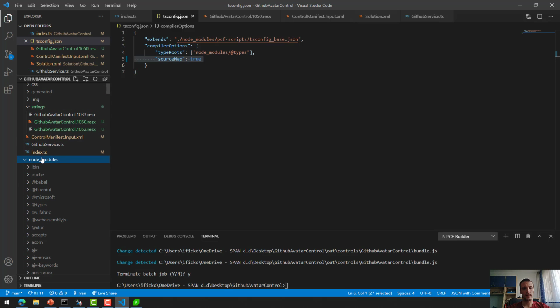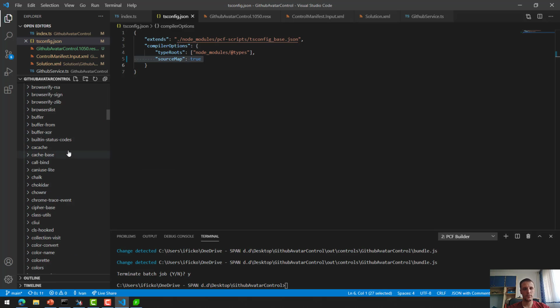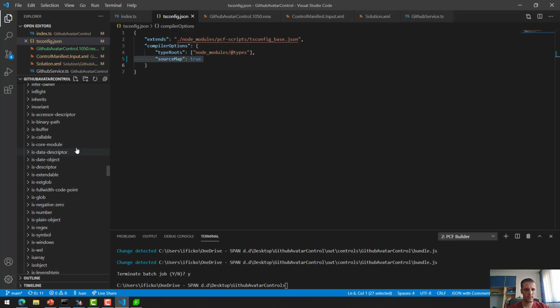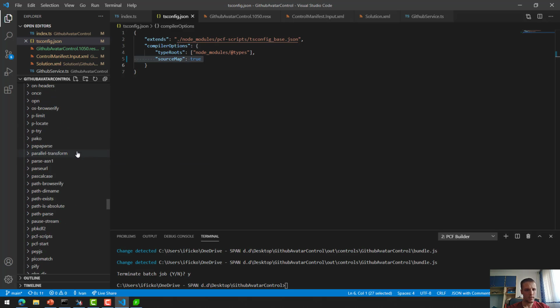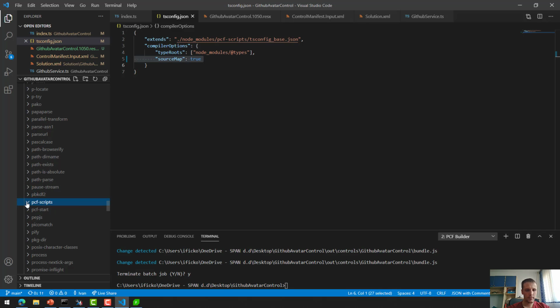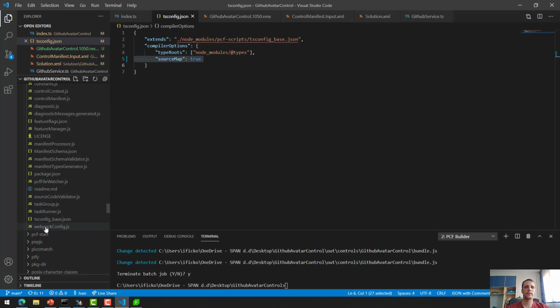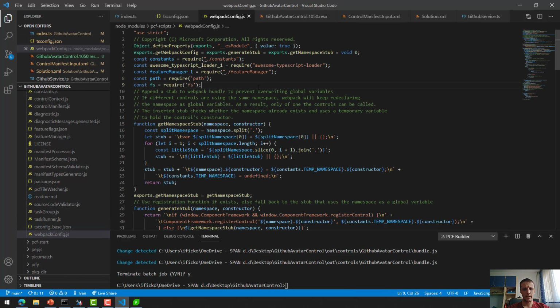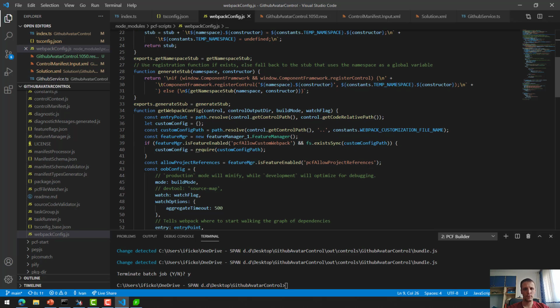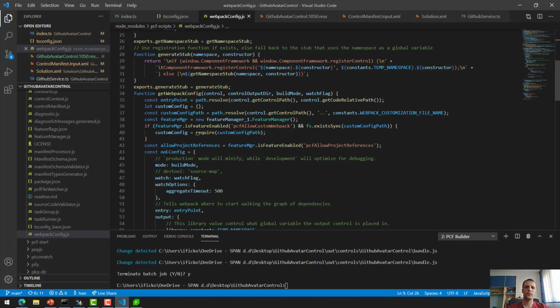You need to go to the node modules in your project, search for the PCF scripts all the way down below. So PCF scripts, expand that, scroll all the way down to webpack config, open that file too. Okay, and go to the get webpack config method and search for the OOB config object. There you have devtool, something that you can define, that you will use source maps as your